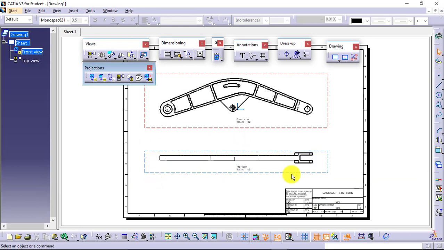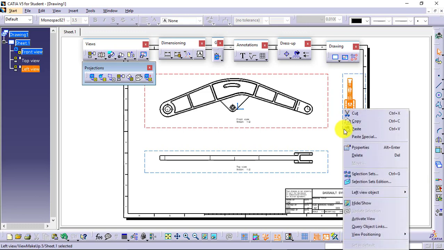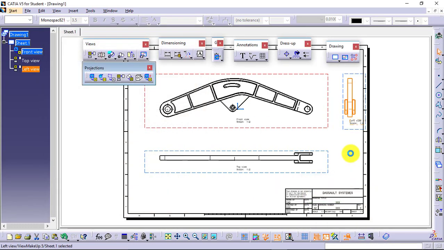This is how we work with the views. This is how we place the views. You can place as many as you want. There is no such case or no such limit. It will follow everything, and from here as well you can maintain the views. Still, if you want to add any other new sheet, then you can go for this new sheet.